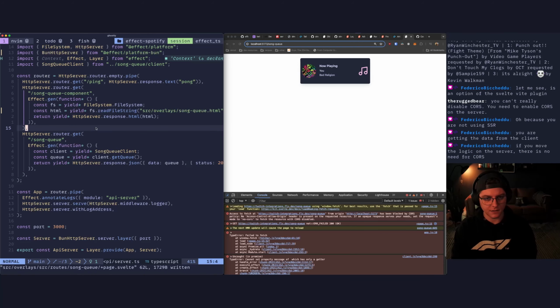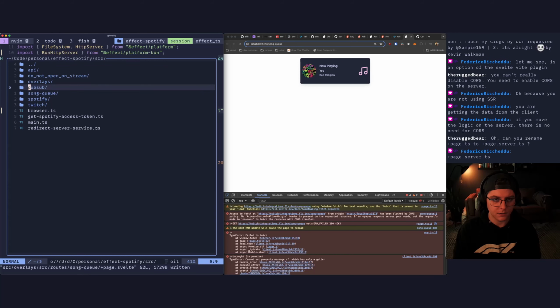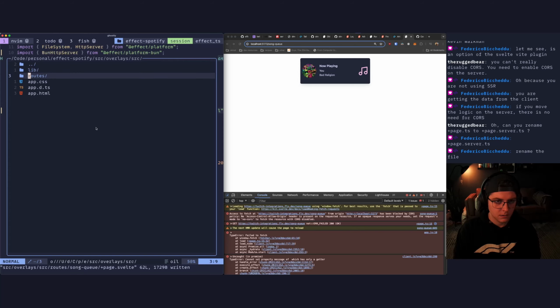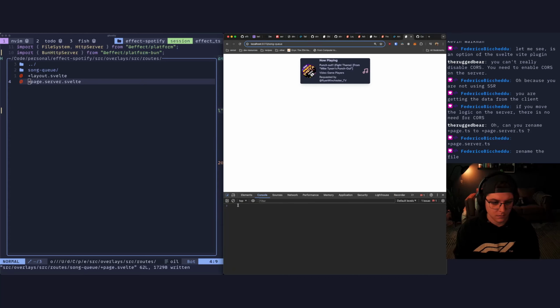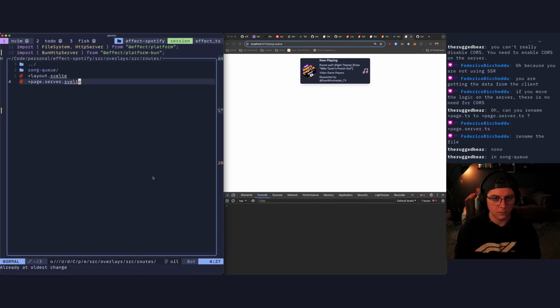How do I move the logic to the server in Svelte? Source overlays. Routes page dot server dot svelte. And that's all I have to do. Oh, right.